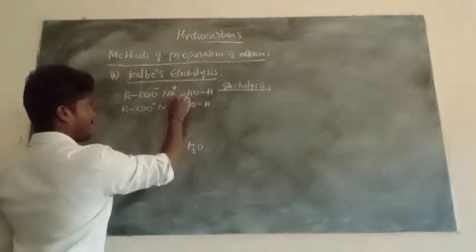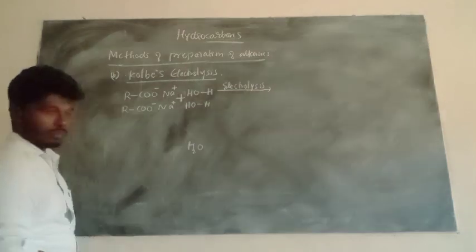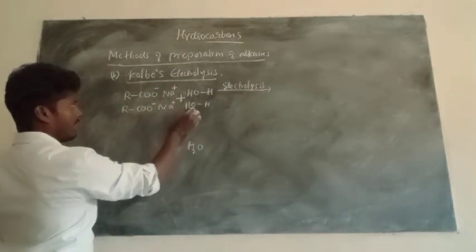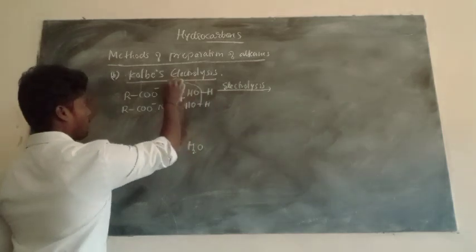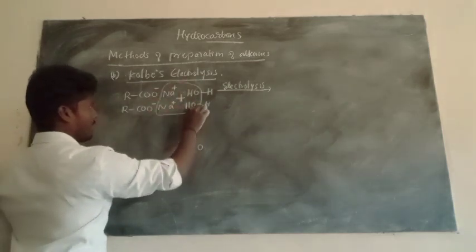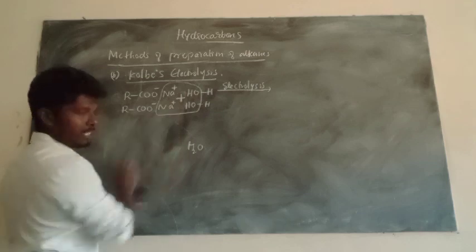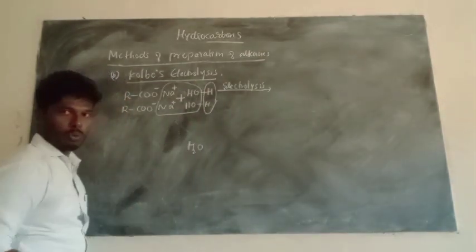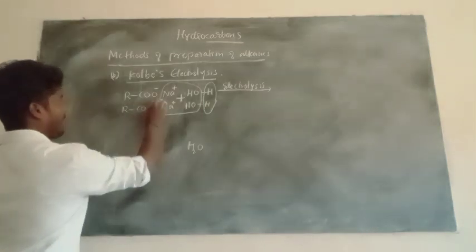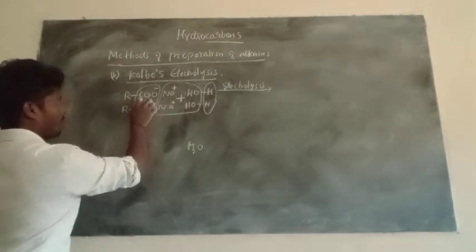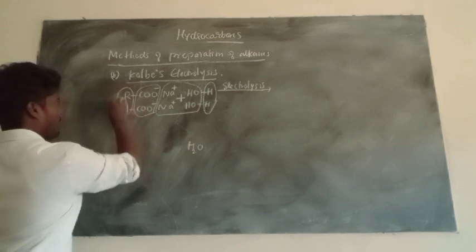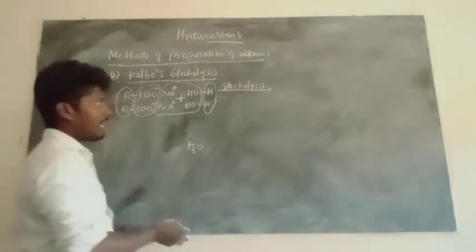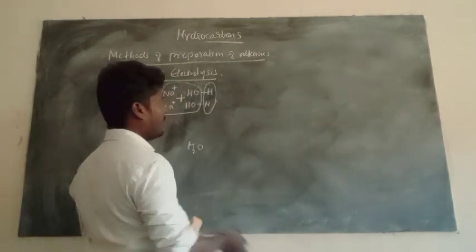Now write plus between. Observe these are added on electrolysis. What will happen? This Na and this OH become NaOH. Then H and H become H2. Then the COO- becomes CO2. Then this R and R becomes R-R. Observe the reaction, R and R becomes what? On electrolysis. So write in the middle, electrolysis.